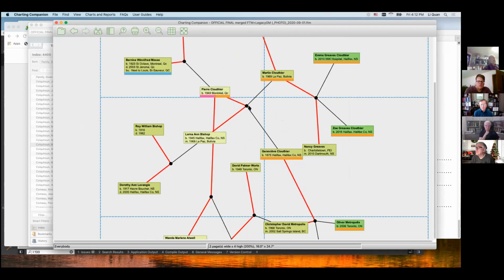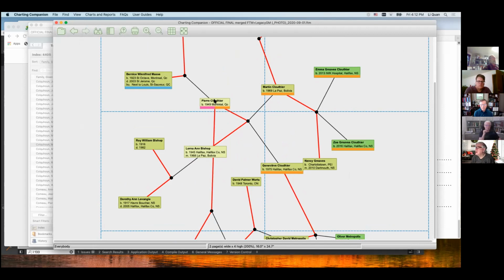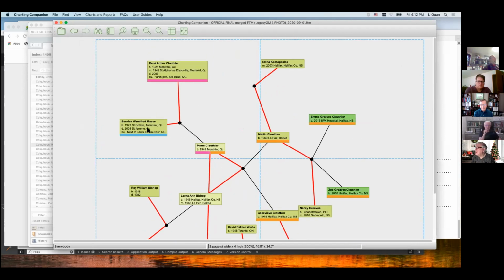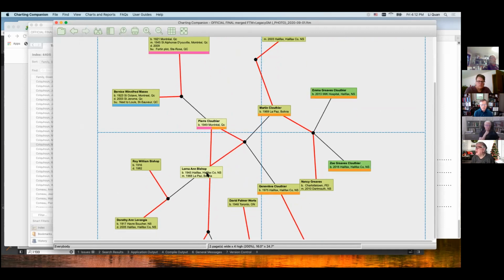Okay, the black dots are family. The red lines are parents, and the black lines are children. So this is me here. I am the son in this family. There's my mother and father. And I'm the father in this family